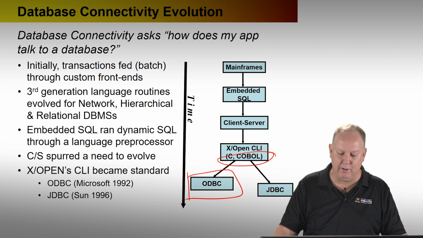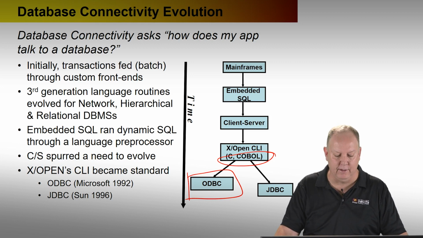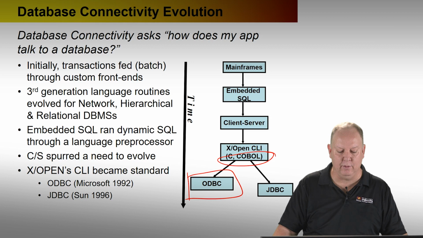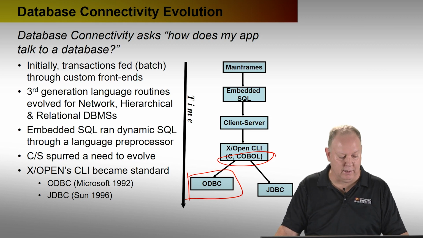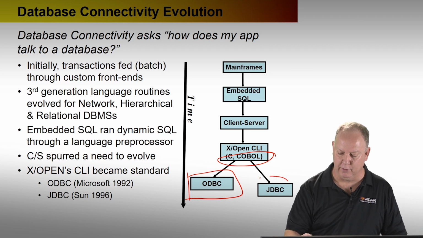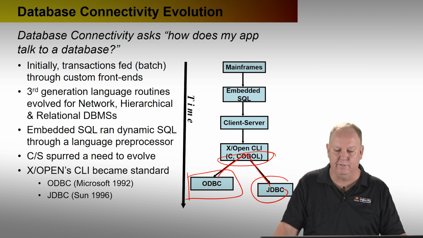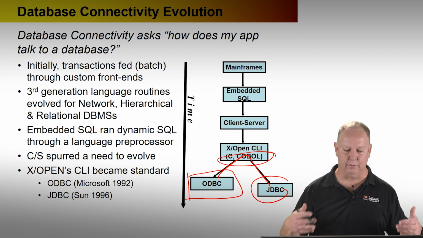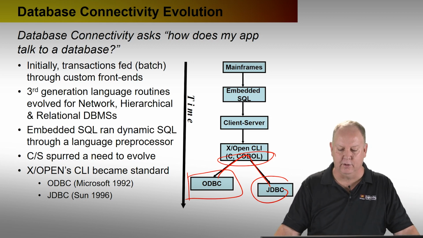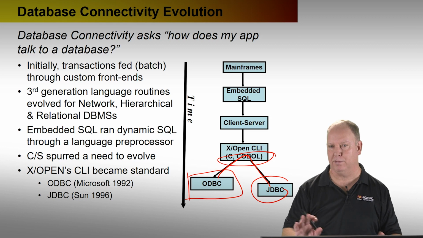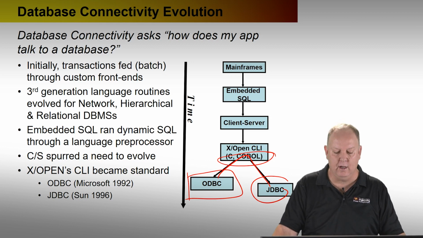Sun, when it came out with Java, in the 94, 95 time frame, its first extension API was JDBC, the Java Database Connectivity Model. JDBC has no relation to ODBC, even though they're named similarly, but they are both derived from the same standard interface, the XOpen interface, because that was a standard at the time. So as I said before, this is just a very brief summary at a high level of database APIs and what programmers had to deal with up to about the turn of the century.